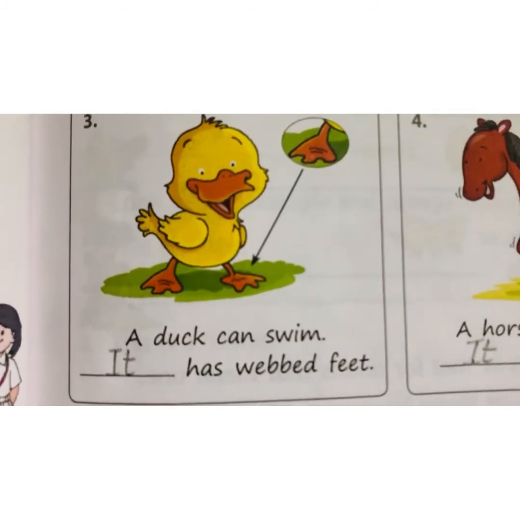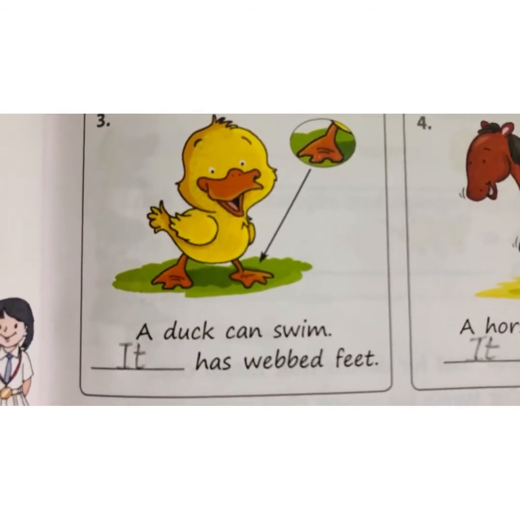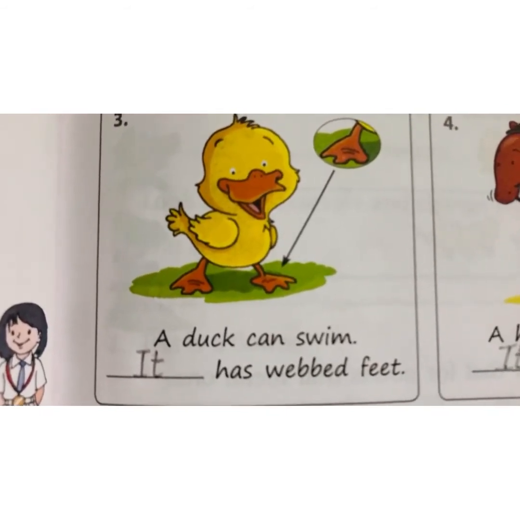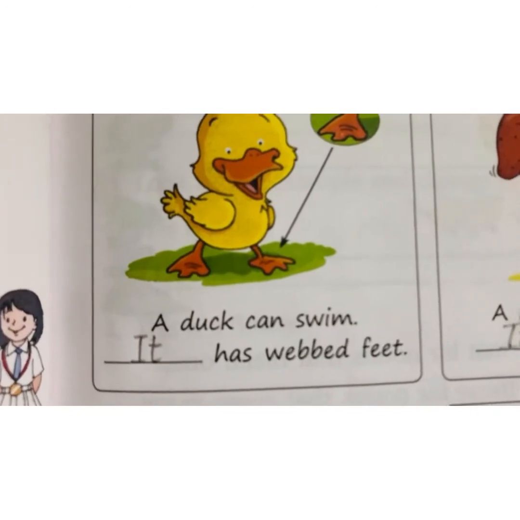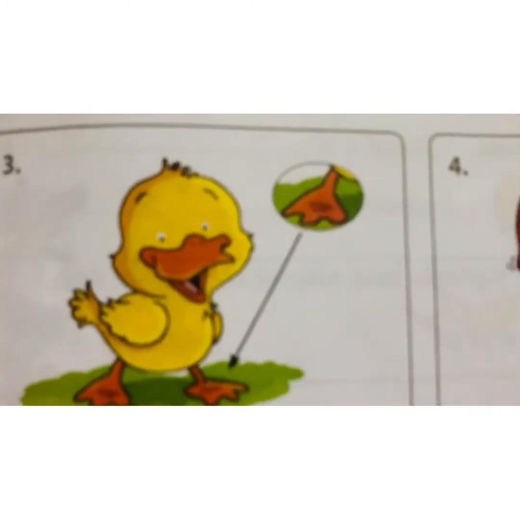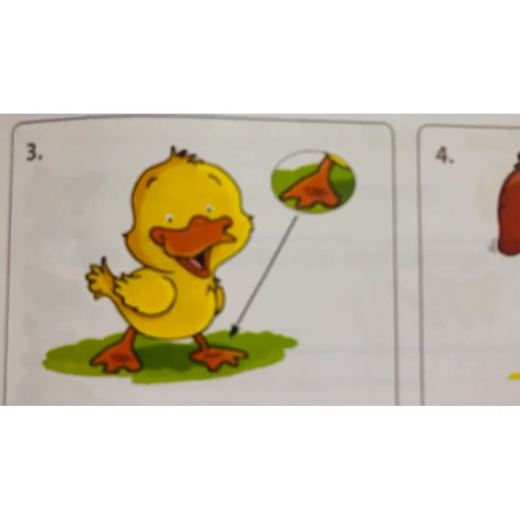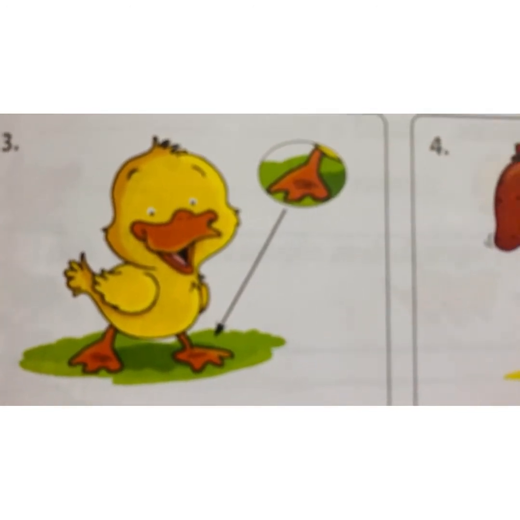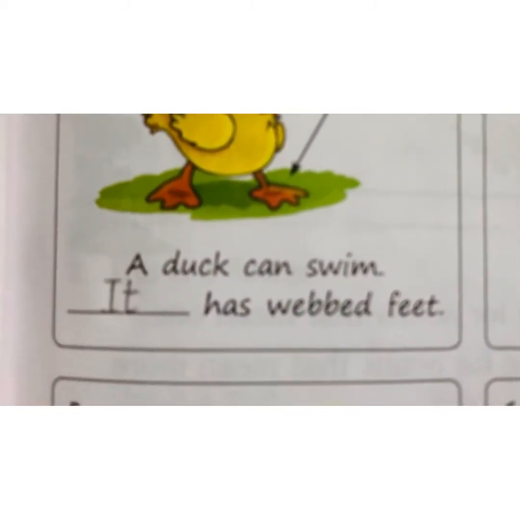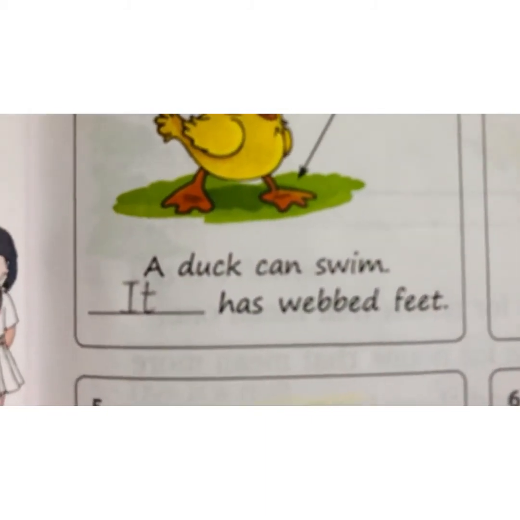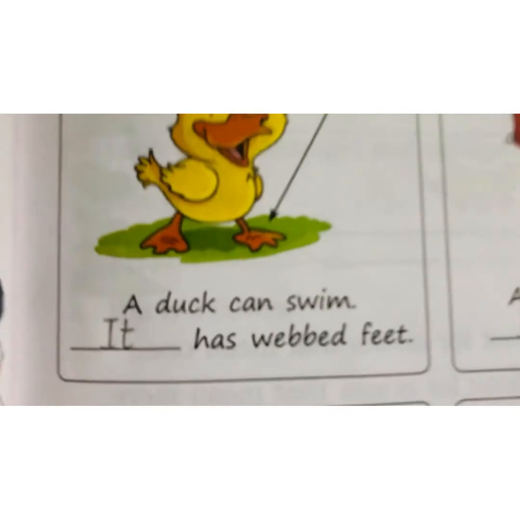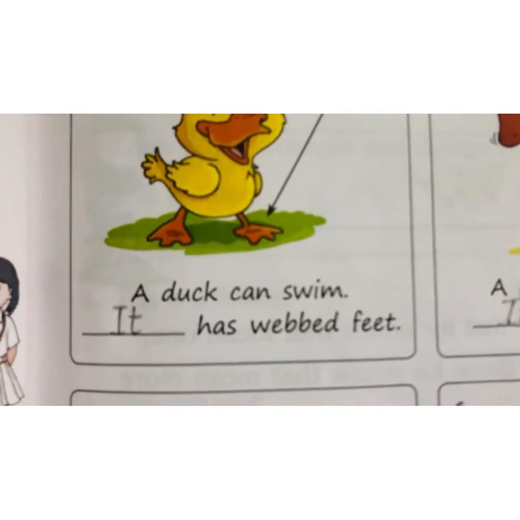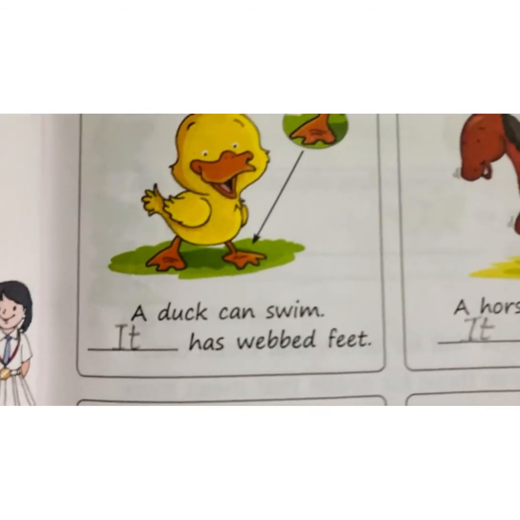A duck can swim in water. Do you know this? Dash has webbed feet. See the feet of this duck? The feet are webbed. So we will use it. We will use it for duck because it is an animal.